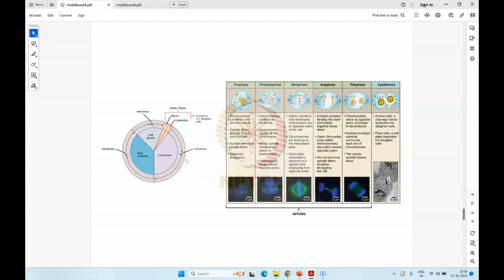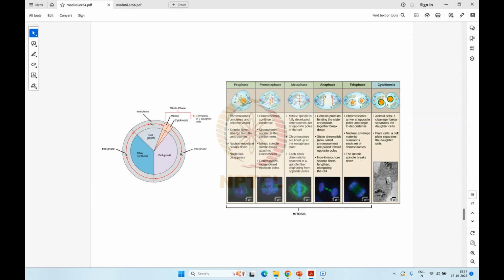So the mitotic phase itself has been divided into different parts. There is the prophase, there is prometaphase and metaphase. Usually this sort of gets blurred between prophase and metaphase. There is anaphase and there is telophase. During prophase, the chromosomes would condense. The centrioles would